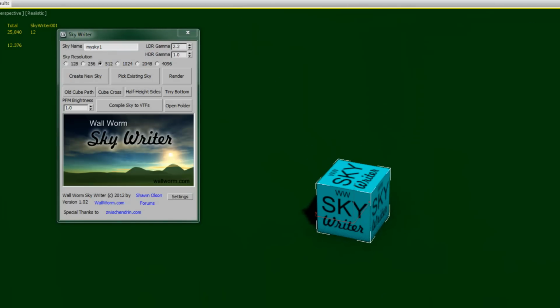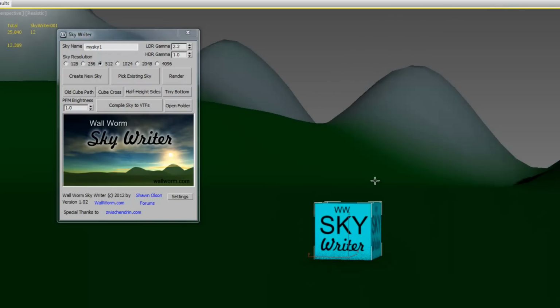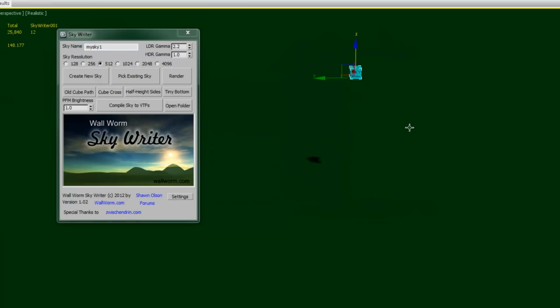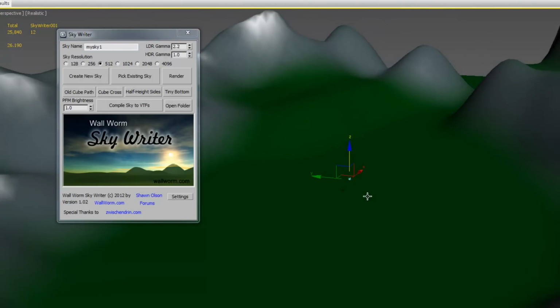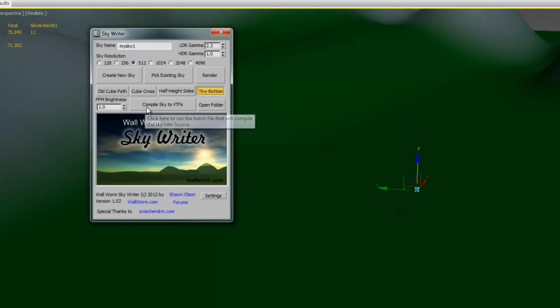And the way this works is we need to render the sky. Wherever this object is, that is the view from which the sky will be rendered. So I'm going to move this up some, right around there. And I'm going to go ahead and tell this that I want a tiny bottom to reserve space, and we'll keep it at that. So at this point we need to render our sky, and I'll let it render,